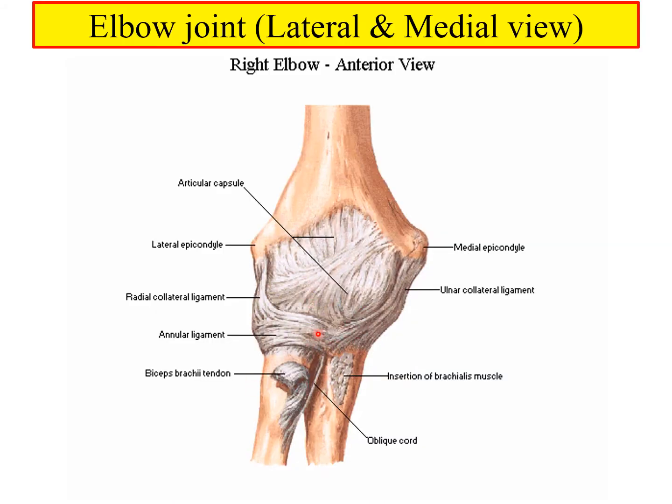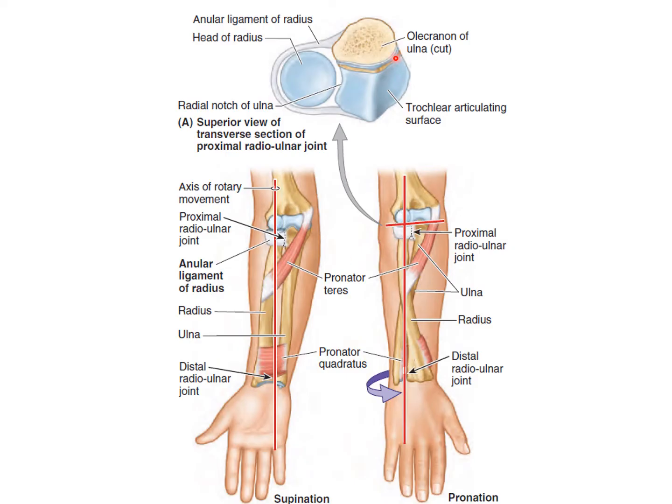This is another diagram in which you can see the ulnar and radial collateral ligaments of the elbow, along with the annular ligament. Now here we can see a transverse section showing the coronoid process of the ulna, and what it is showing is the radial notch. So this is almost a superior view through which we can see the radial notch of the ulna. This is its posterior end and this is the anterior end.